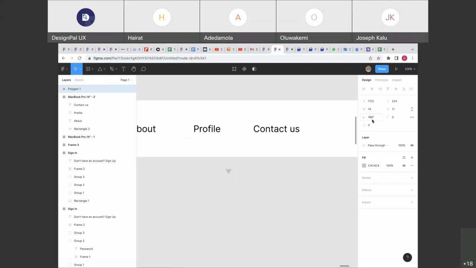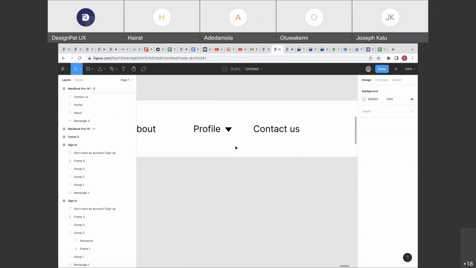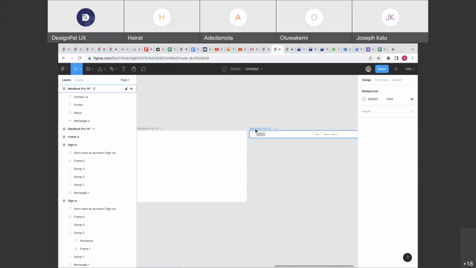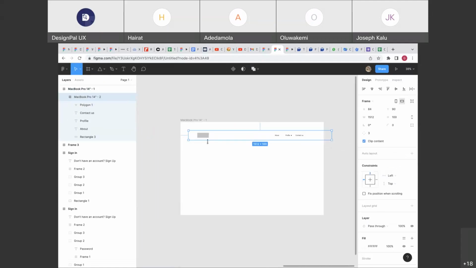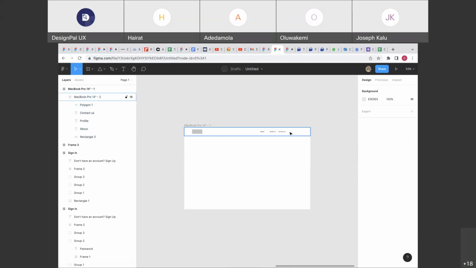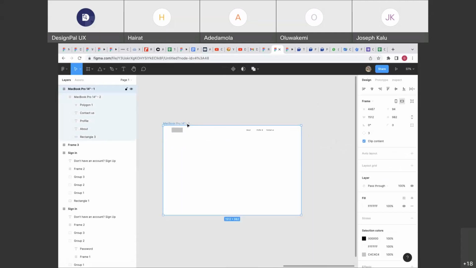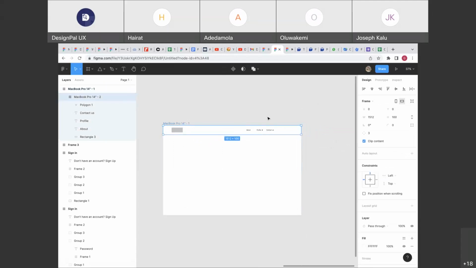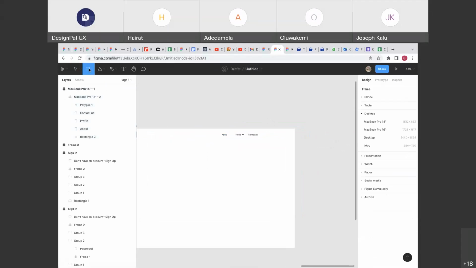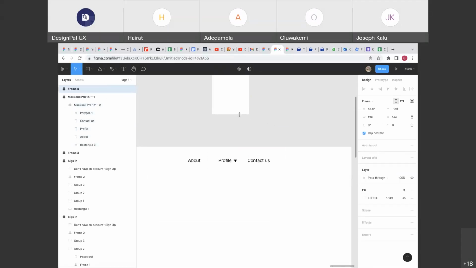I'm going to change this to 180 and make it black. I want to make this profile have a drop down. So this is a profile with a drop down. And then I want to drag this and bring it here. So now I want to show you something. You can do it two ways. You can choose to do multiple screen, but I will not do multiple screen because it doesn't solve something I want to show you in prototyping. So what I'm going to do now is I'm going to create another this,